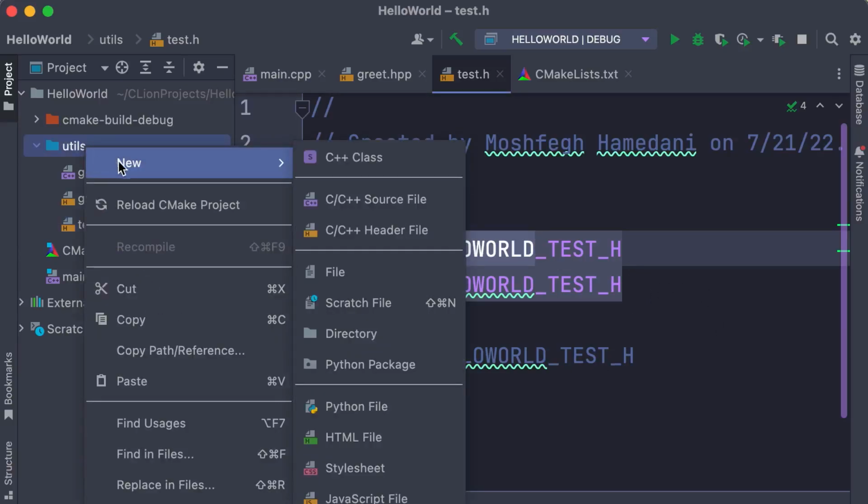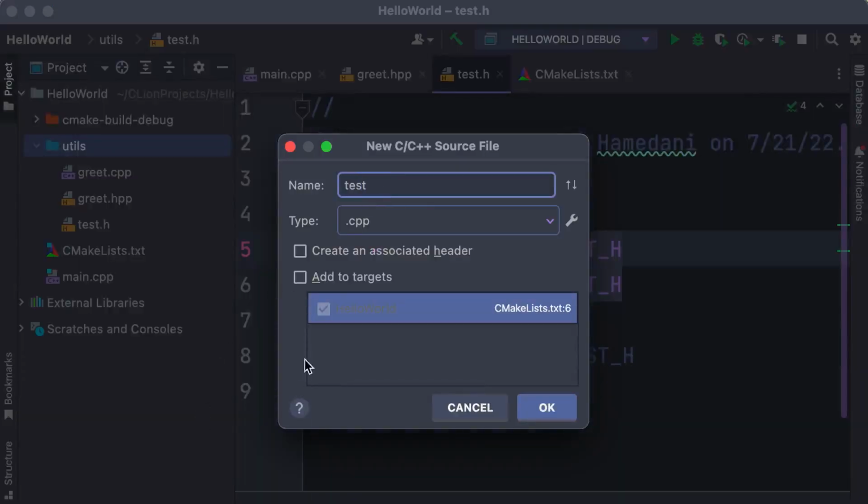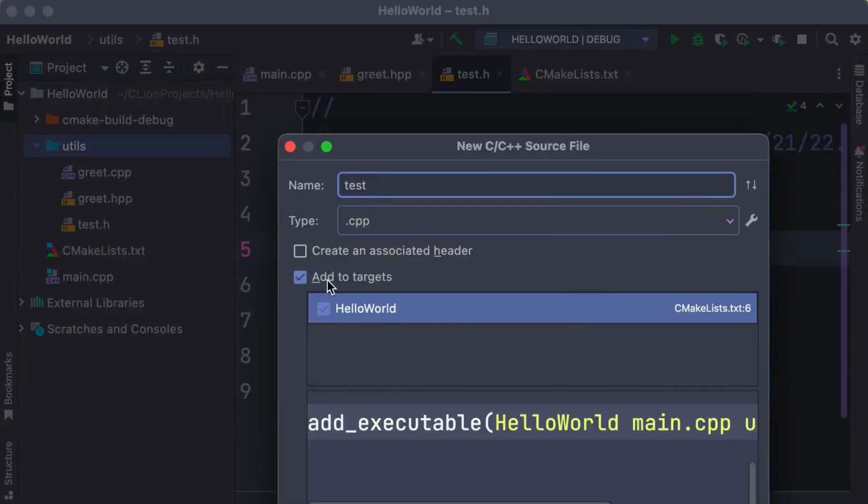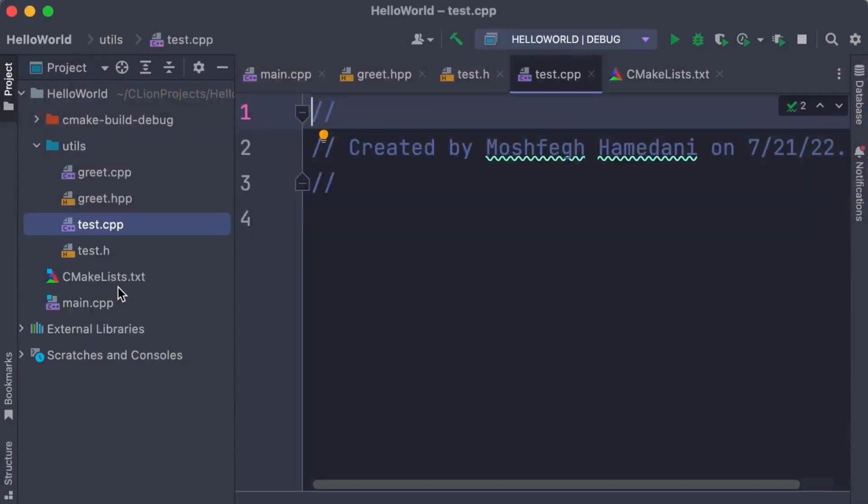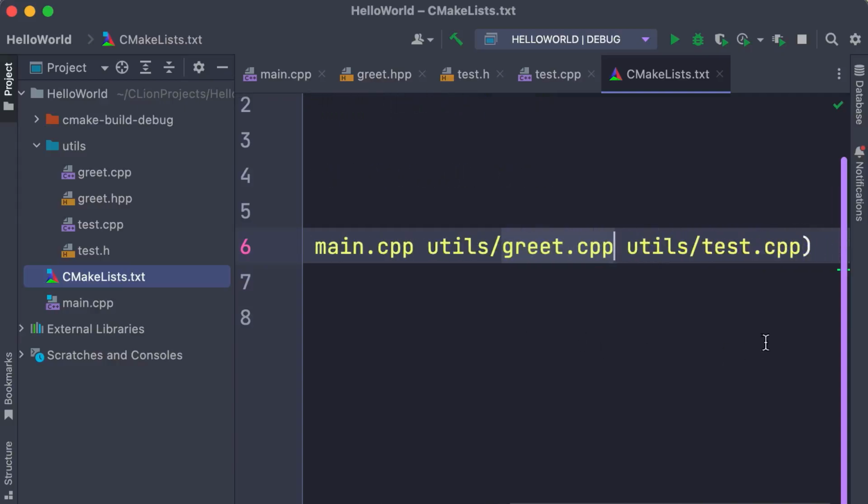Now, if we add a new source file, let's call that test.cpp. Now, if we select add to targets, this file gets added in add executable of our cmakelist file. So click OK. Now, look at cmakelists. This new file is included here. But the second time,